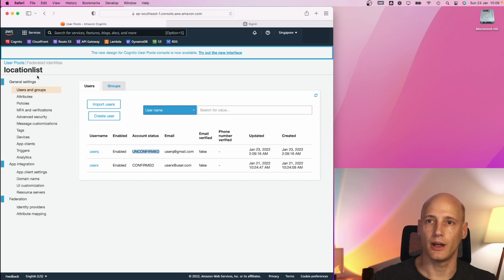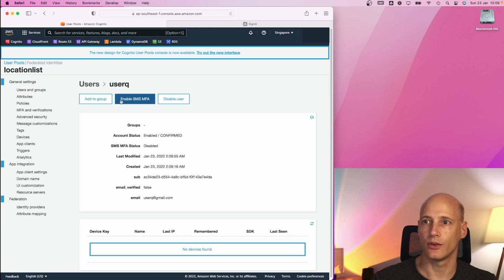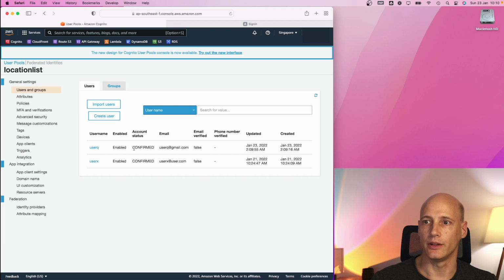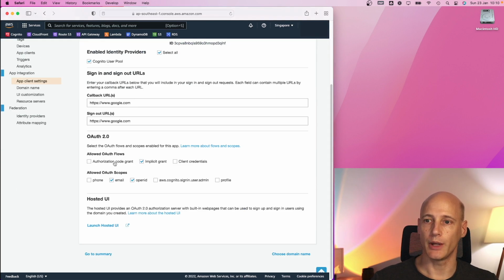Now actually the page has a defect, so I need to leave the user pool and get back into it in order to see it. So now I can click on the user, confirm it, and now the user is confirmed and I can try to log in with that user. Going back to the hosted UI,